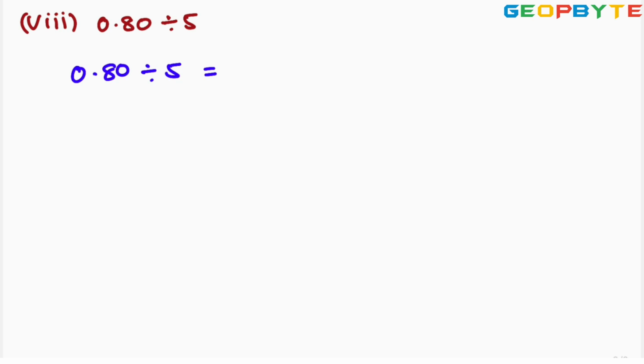So in order to eliminate the decimal point from 0.80, we need to perform the division operation by 100. Why? Because after the decimal point we are having 2 digits. So we will be getting 80 by 100 divided by 5, which is equals to